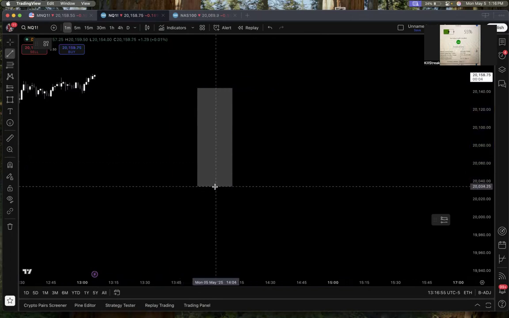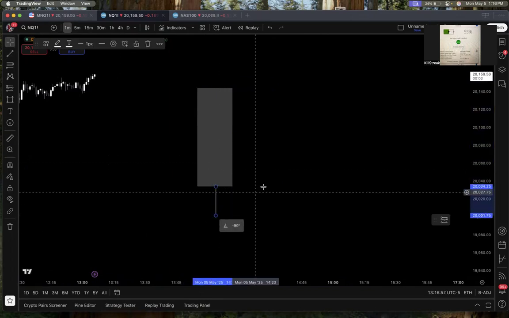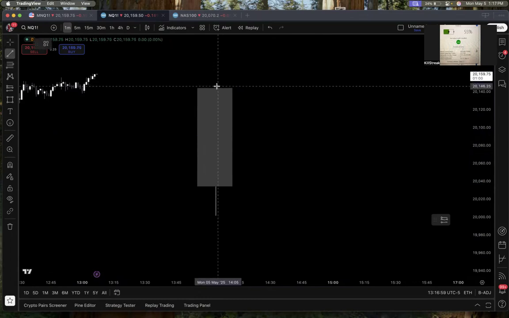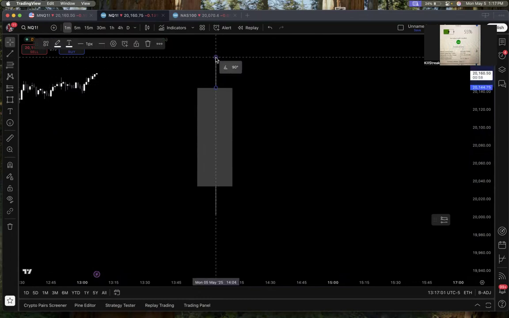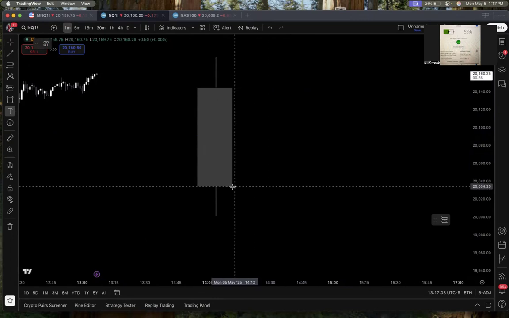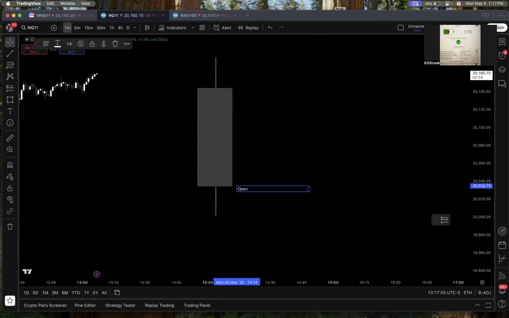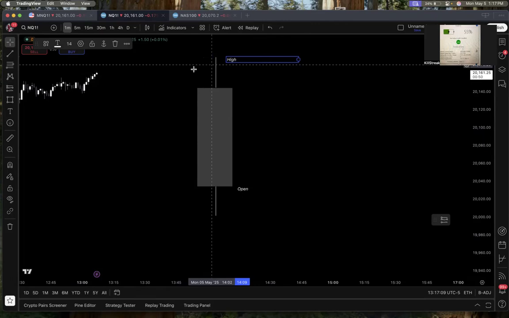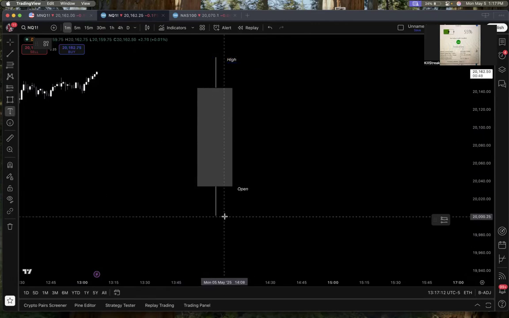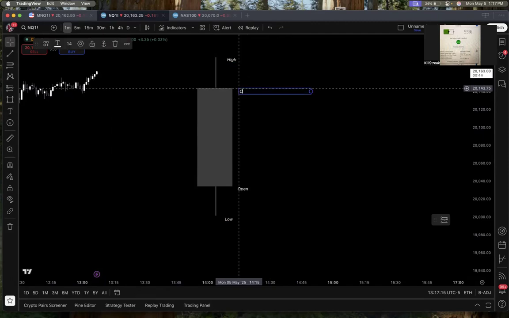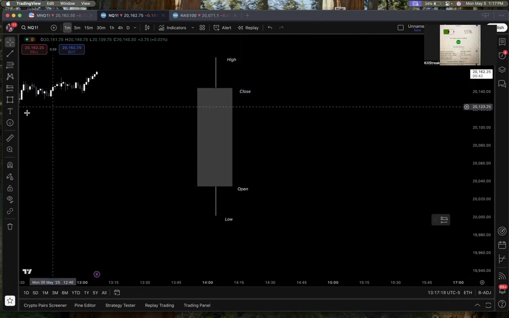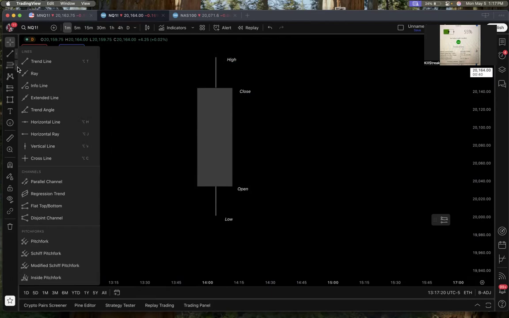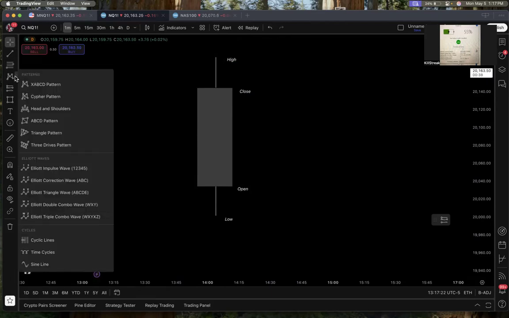So for bullish candlesticks, you have the open, high, low, close, right? So it's gonna be your opening price, your high, your low, and your close. So it looks complicated, but it's really just 4 points. So what it's saying is that basically speaking,